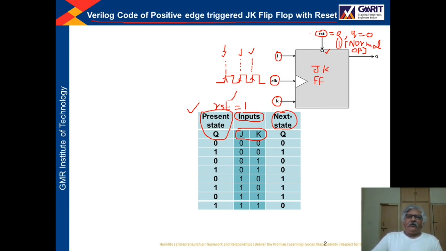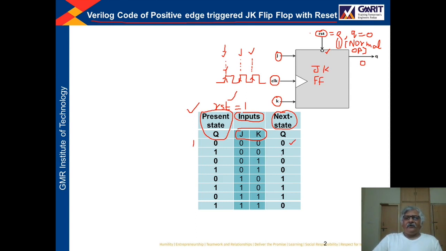Okay. So see here, the first row: if the present state is 0, meaning right now Q is 0, and the J input is 0 and the K input is 0, and the positive edge comes, then Q will be 0.